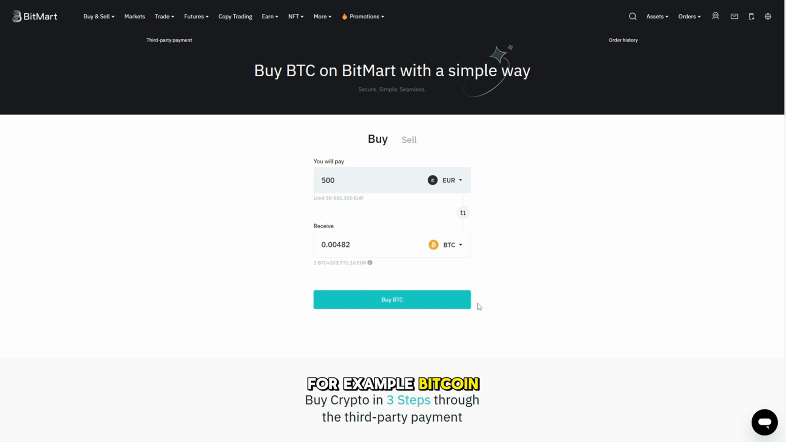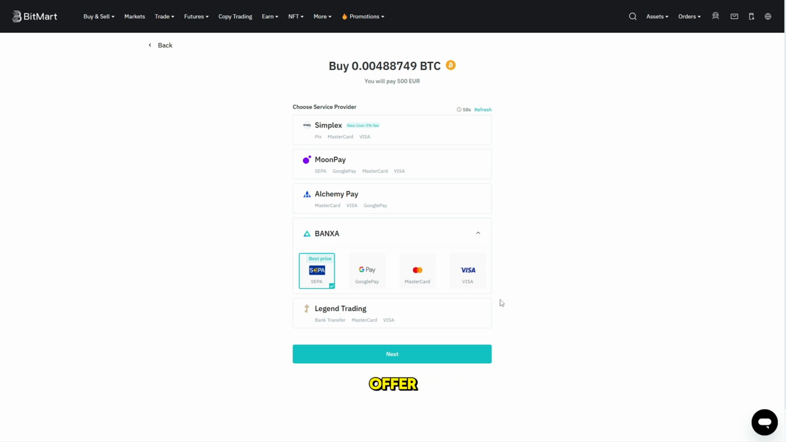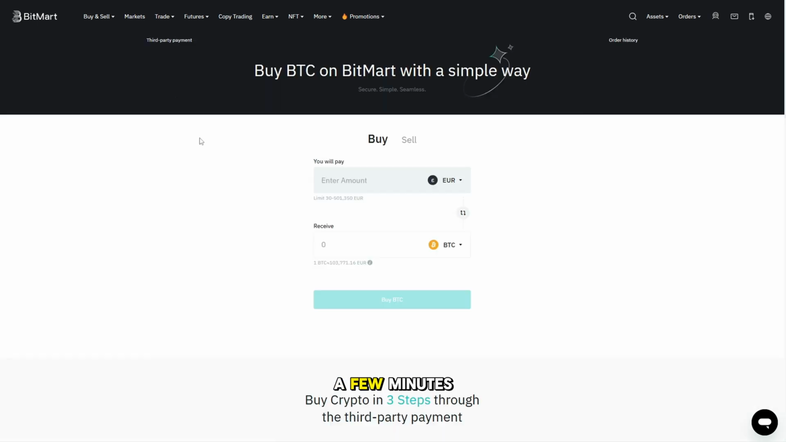For example, Bitcoin. You can see these different payment providers right here listed, which payment method they offer and how much Bitcoin you would receive. Then you just have to set the check mark right here and click on buy. And then you get to this page right here. You can choose which payment method you want to use, what fees they have, and confirm. And then once you have done that, it will take a few minutes. You can see right here, maybe up to 1 or 2 hours,